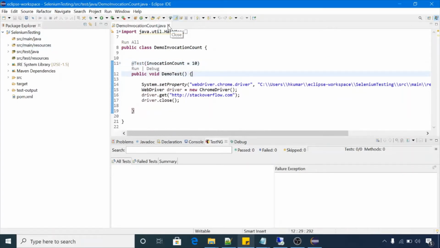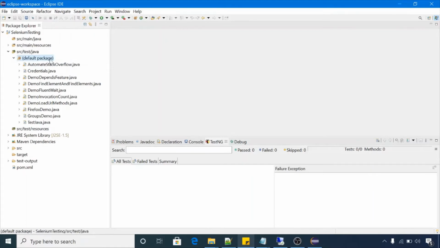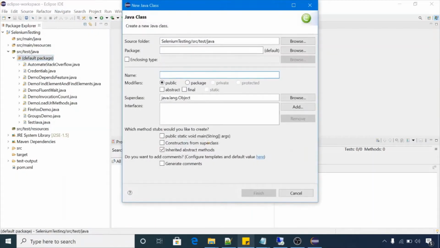This is a Selenium project with Java, and the unit test cases provider is TestNG. So let me create one new file here, with the class name demo locators.